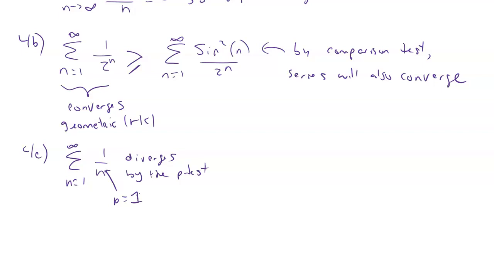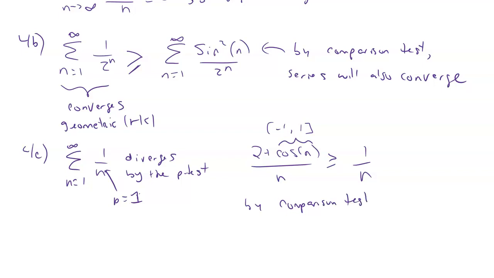We know that this guy right here is always going to be at least as big as that. Why? Well, cos of x, right? This is ranging between -1 and 1, right? That's got a range of -1 to 1. So at its smallest, this numerator is 1. At its greatest, this numerator is 3. So this is always going to be at least as big as the one on the right. And therefore, by the comparison test,